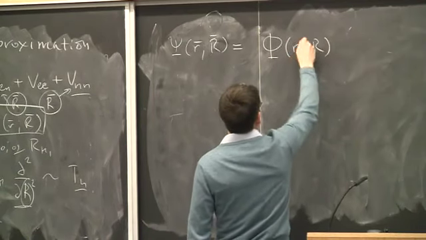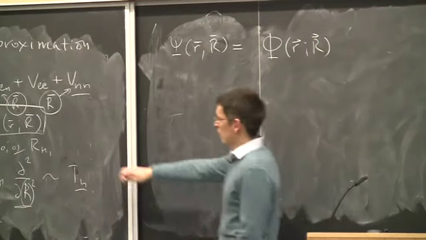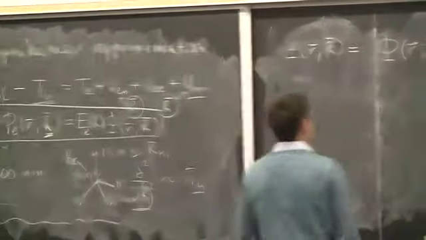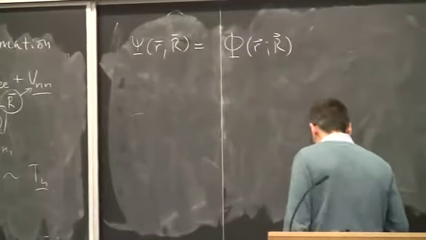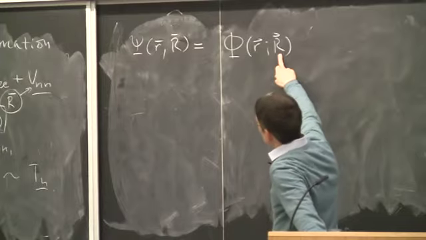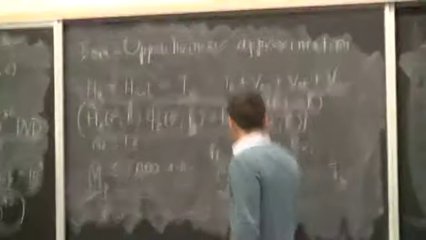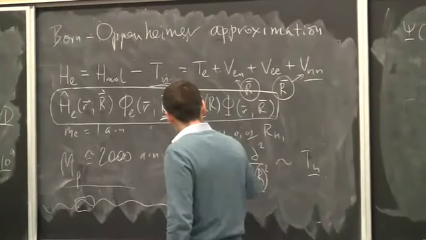We can now use electronic functions obtained from the solution of the electronic equation. And this electronic function has dependence on the nuclear coordinates, because when we change, say, the position of this hydrogen,